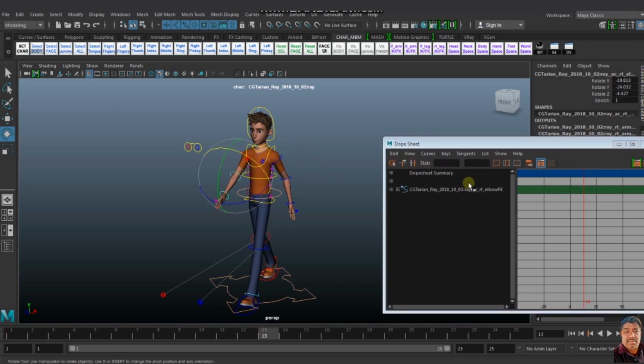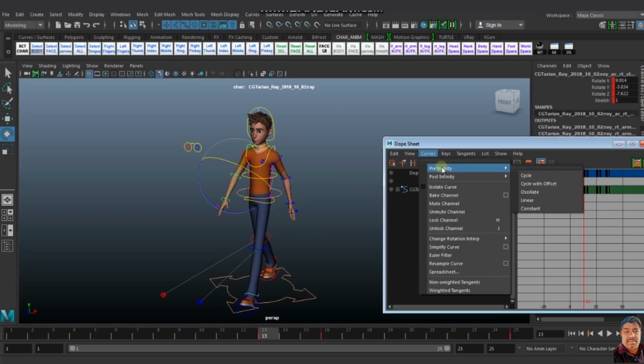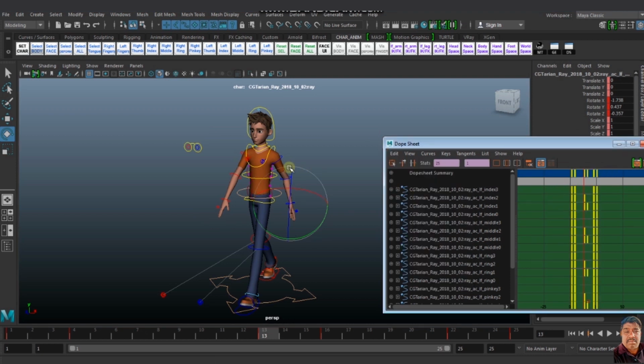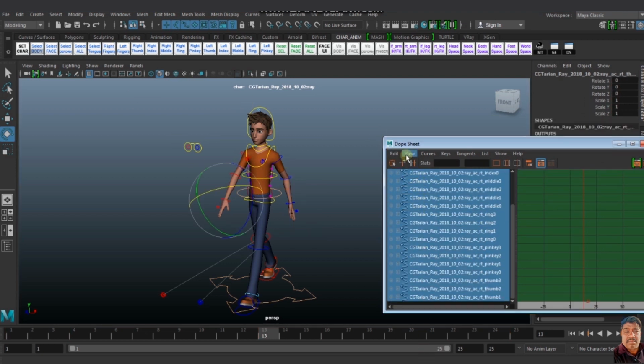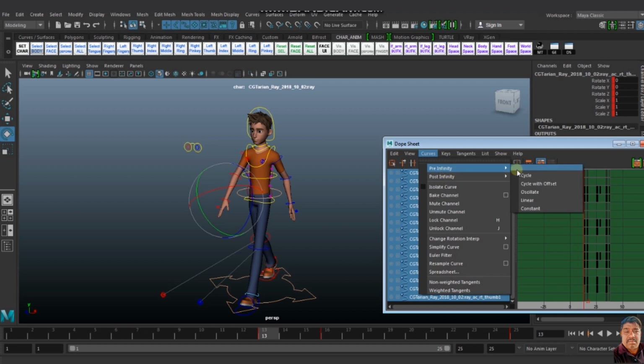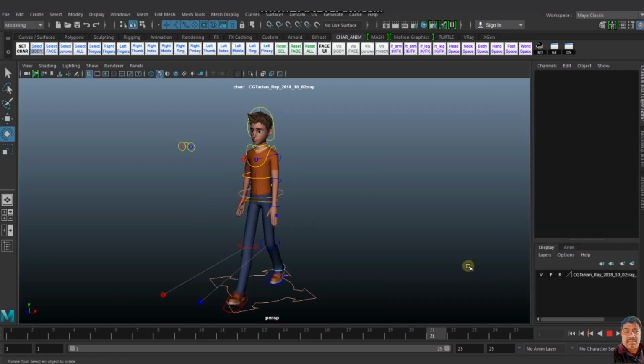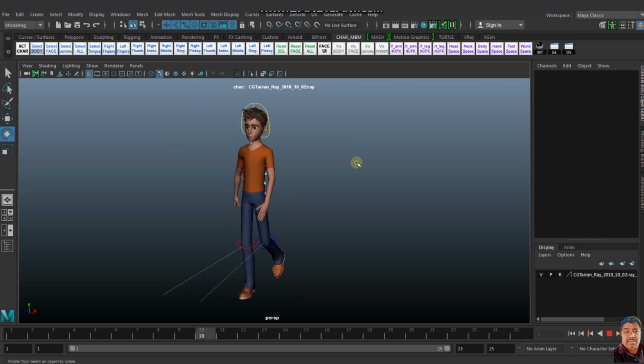Then what I do, I just go to post infinity and pre infinity cycle. It is important to set post infinity and pre infinity cycle and offset 13 frames, because one hand is offsetting 13 frames to the other per cycle.